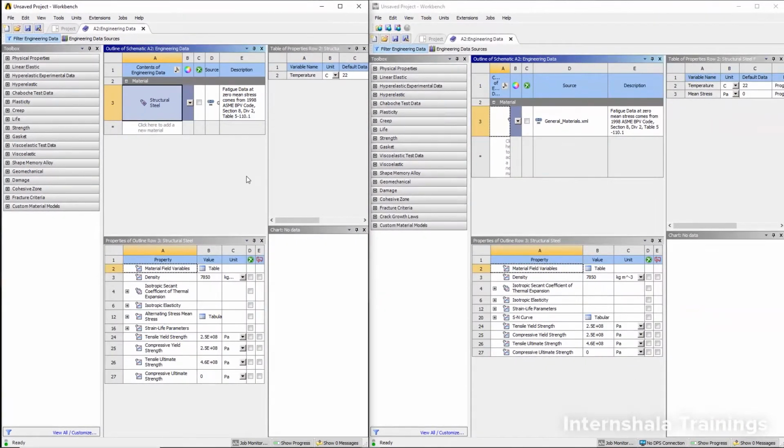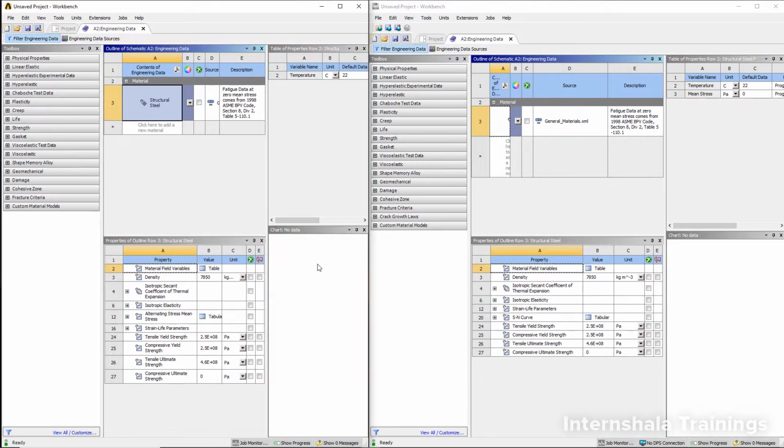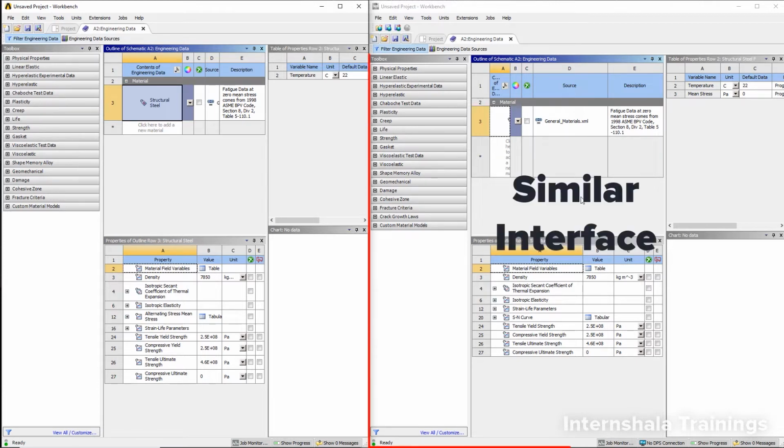Now if you observe the left side of your screen, there are all the toolboxes related to material creation options, and in addition to that, this Engineering Data Manager has 4 different groups or windows. So this is one window, this is the second window, third window, and the fourth window. And the same interface with the same 4 windows is also present in the newer version.